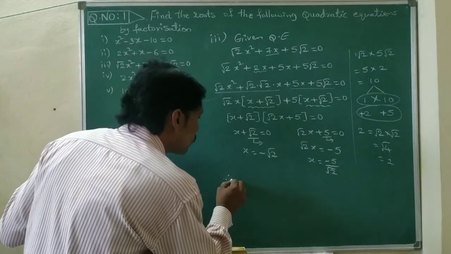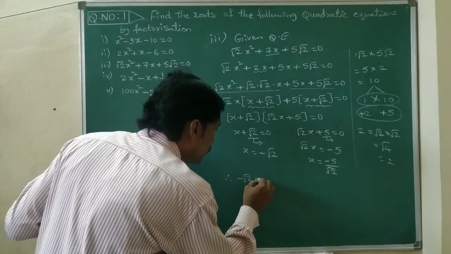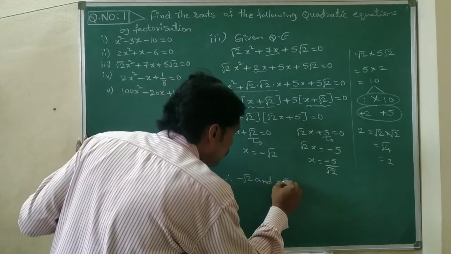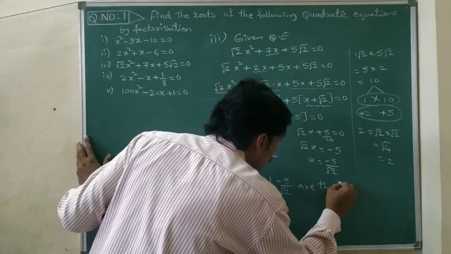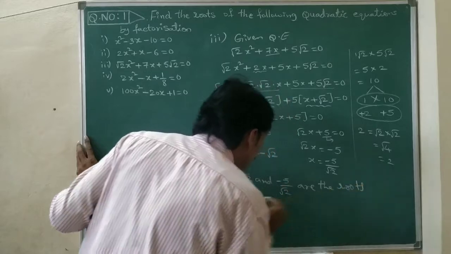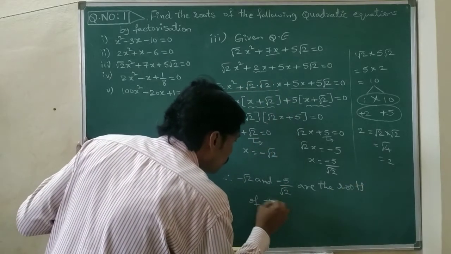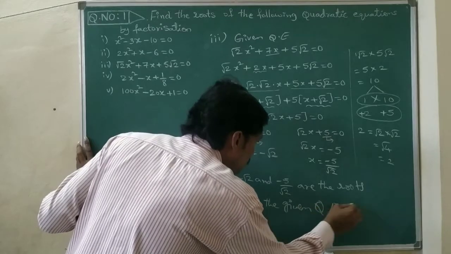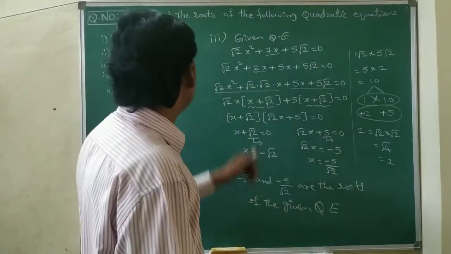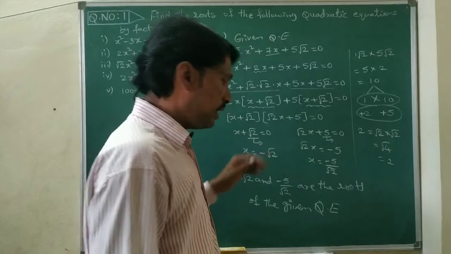Therefore, minus root 2 and minus 5 by root 2 are the roots of the given quadratic equation. This is about the third question. Next it is